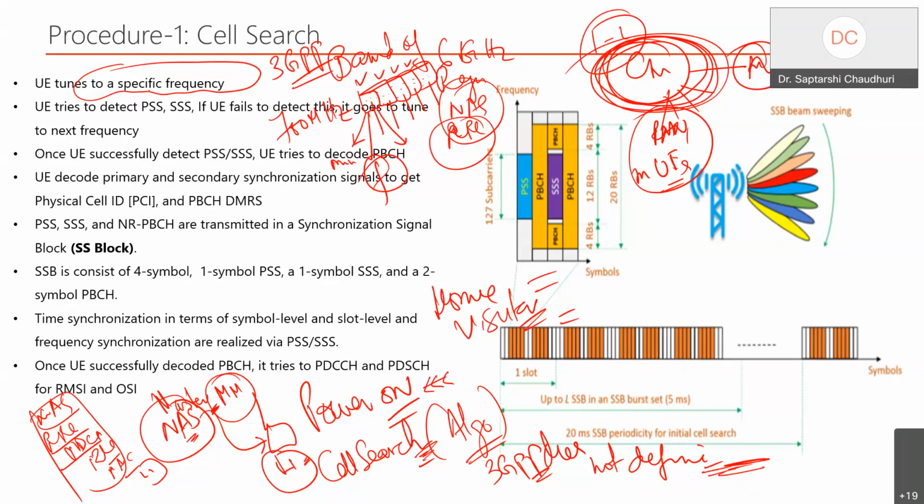Now where to start? The first question is from where to start. That itself is a patent. A lot of papers and patents we can see on how you make sure that you start your scanning. This is what we call scanning.